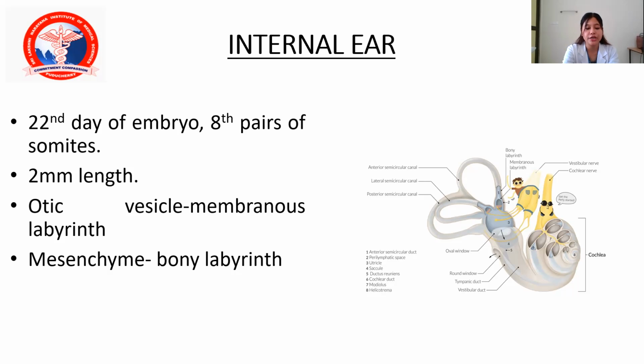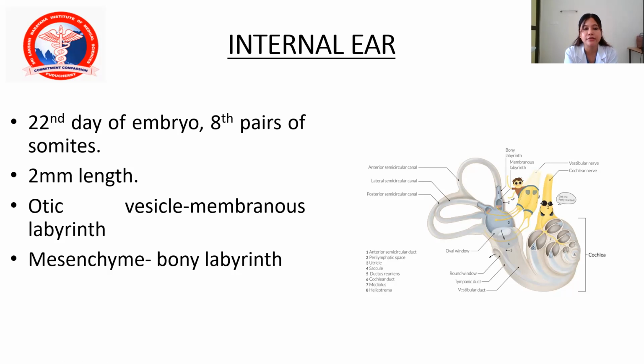These 2 primordia are the otic vesicle and the mesenchyme surrounding the otic vesicle. The otic vesicle develops into the membranous labyrinth, and the mesenchyme surrounding the otic vesicle develops into